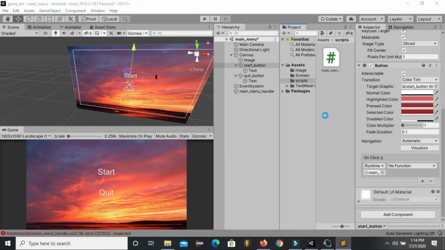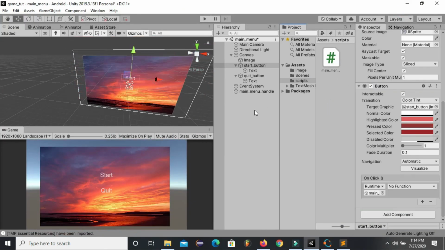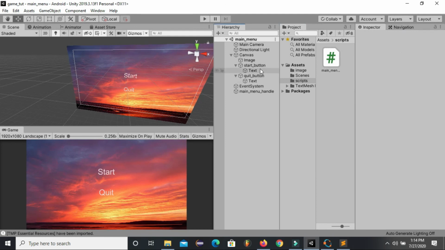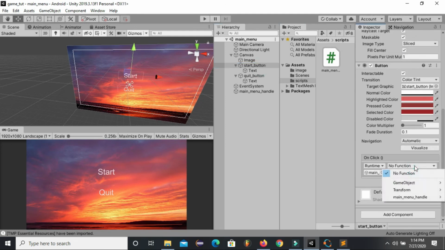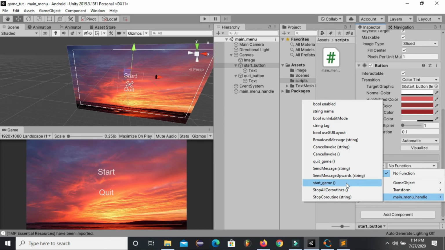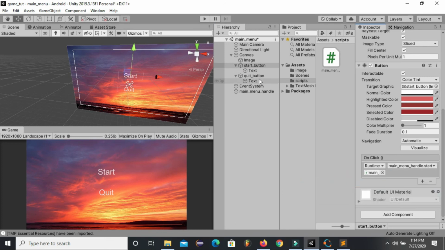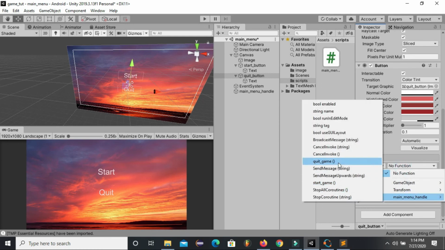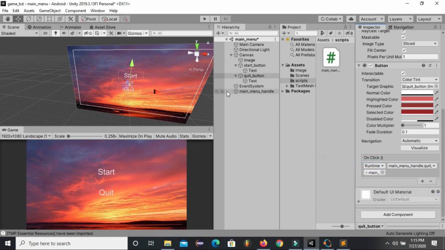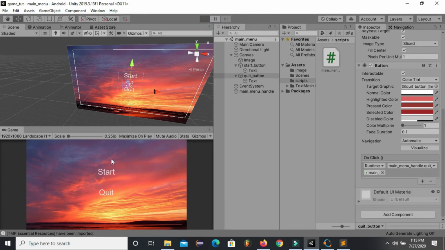So now save this scene and go to the start button and function script, and here you can see our function start game is listed over here. Select this and go to the quit button, add on click function, drag this and select the quit game function. So now whenever you press on the start button, the game scene will be loaded.